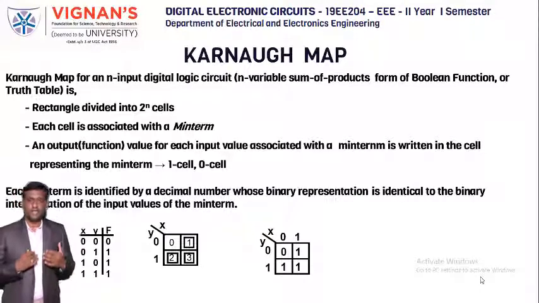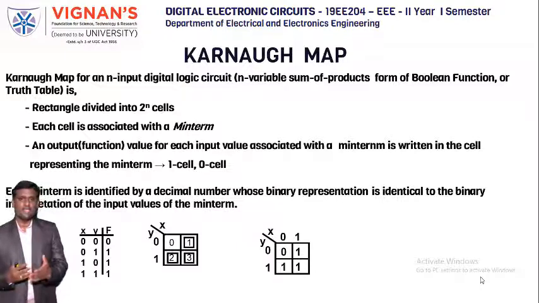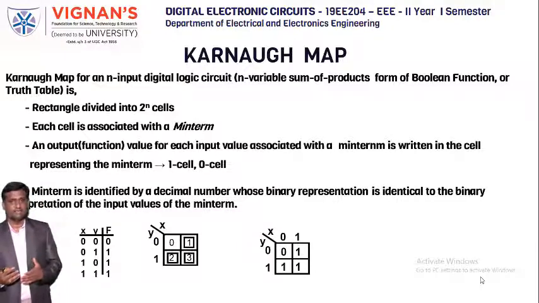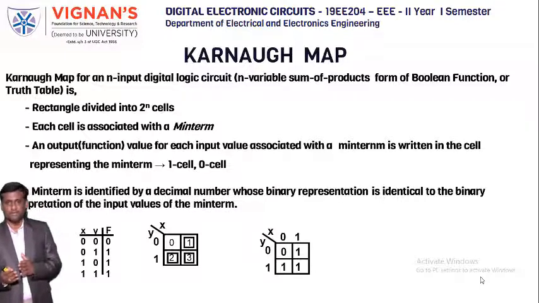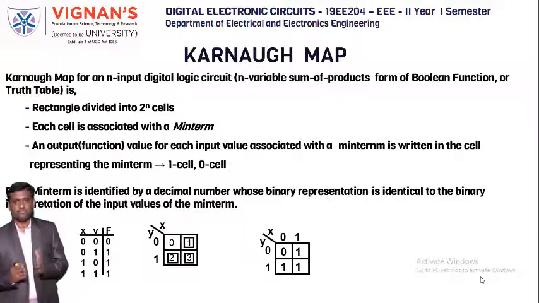So in order to represent rows, one variable is assigned, because with one variable two combinations are possible. Here the number of rows are also 2. That's why with one variable we are representing rows. Similarly, here we have two columns. That's why another variable is used for the representation of those two columns.